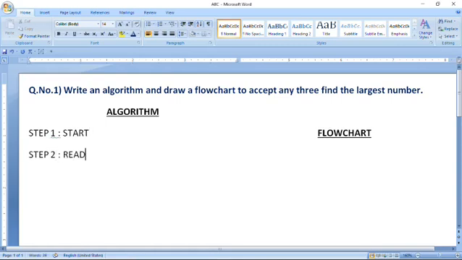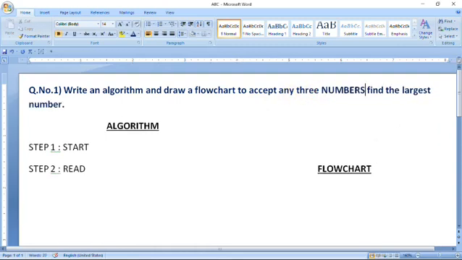you know very well, we have to accept the input from the user, for this read, and you can declare any three variables. You have to accept any three numbers. So for read, you should write the variable names, like I want to give A, B and C. You can give another English alphabet also. In programming, when you write names like ABC, these are called variables, but here you can say simply ABC. Now next, step 3.